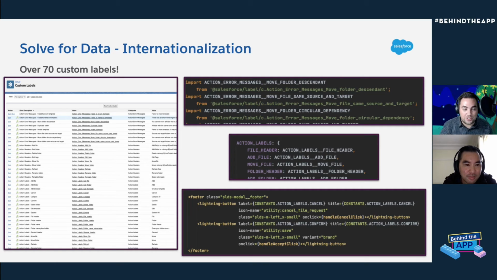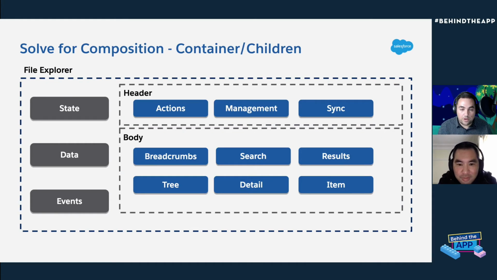Lastly, I just wanted to touch on composition, because I think it's something that's sometimes understated when building out an application. And I wanted, if you could just talk through a little bit of the composition of the app. I know it's a lot of Lightning Web Components that sort of put it all together. So here I just took what you and Andrew showed last time. Stephan, I hope you don't mind, but it was late and I was tired. So I've just broken it up into the different components at an abstract level, where they currently sit in the application,